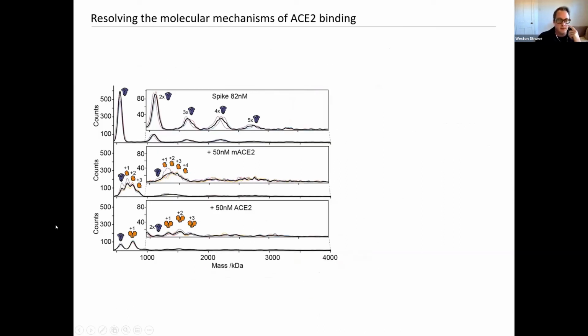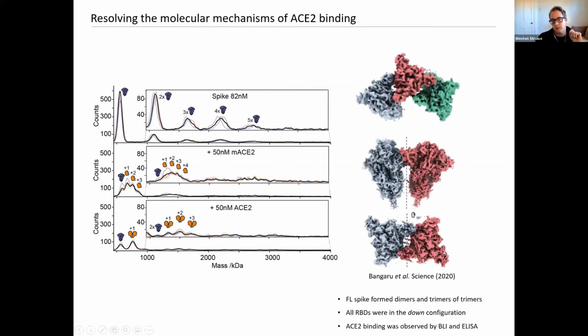When we looked at the spike, and this is the soluble domain of the stabilized spike that we've been discussing and seen in Dave's talk, we saw higher order oligomers. So not only just a single trimer, but a dimer, trimer, tetramer, pentamer of trimers. And we were somewhat happy to see this publication from Andrew Ward's group that looked at oligomerization. So he also observed dimers and trimers,